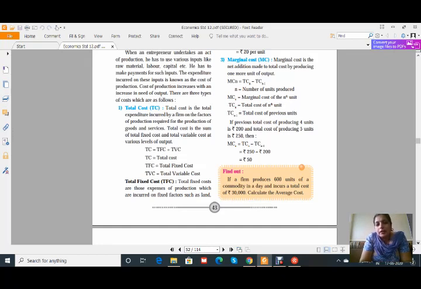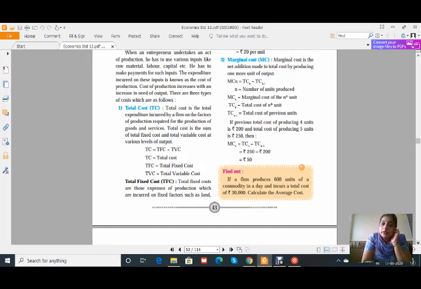Fixed cost in the sense that when production is going on in the factory, we have to pay the factory rent whether you are working in the factory for 8 hours or on Sunday, if it is a holiday. There should be no work in the factory, but still we have to pay the rent, and therefore it comes under the fixed cost. Anyhow we have to pay the rent, and this rent is charged as a fixed cost in the cost of production. And the variable cost, it depends.